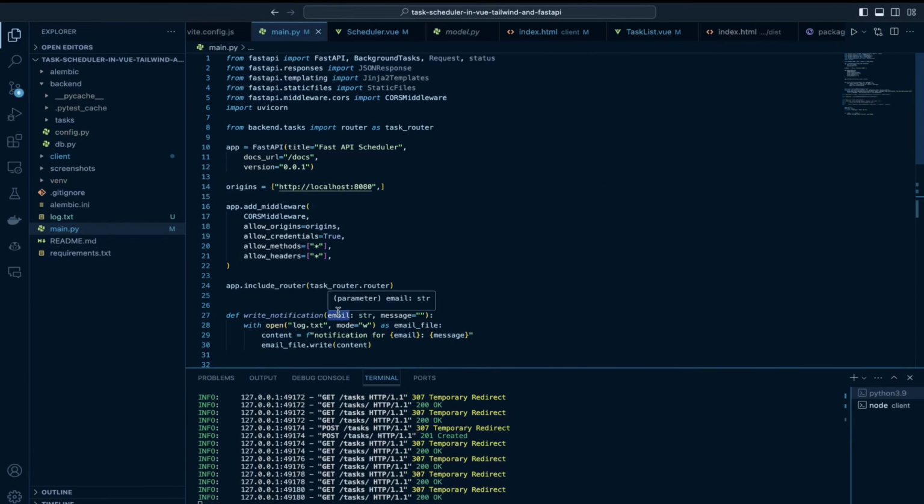And one of the things I like with FastAPI is how it gives you API documentation out of the box. So if I go to this link,